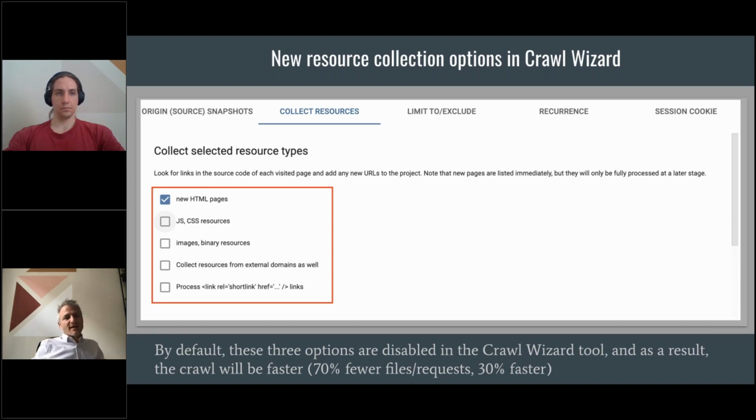So based on that, and based on semantical analysis, a more careful analysis of the content, when these default options are used, it can be up to like 30% faster to crawl new sites, because you do not check these resources. And also it yielded about 70% fewer requests or files to be processed,